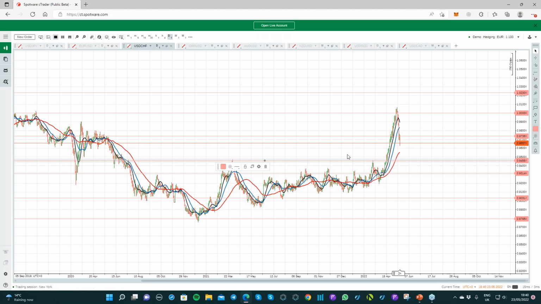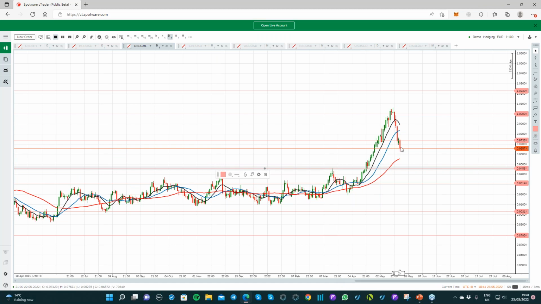So this is basically the next horizontal level that could be relevant to me. I'm anticipating potentially price could come all the way down to this level here. There's another little bit of support around here, not particularly strong support, so I'm not going to draw that in. So I would love to see price come all the way down to this horizontal level here,